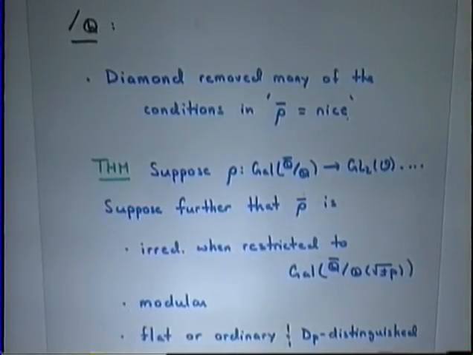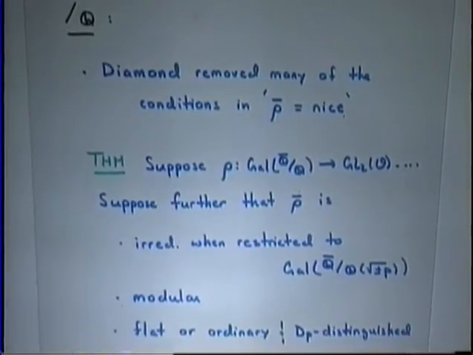The first, following quickly on Wiles's theorem, was a result by Fred Diamond, which removed many of these conditions on rho bar, the residual representation, being nice. It removed a lot of these local conditions on the residual representation. And so one theorem that you might get is that